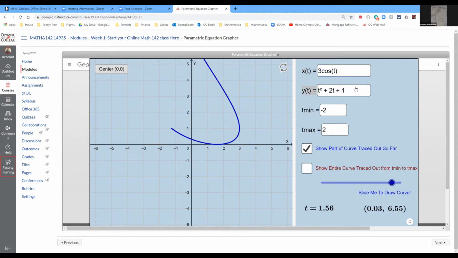And the other one I'm going to type in is going to be 2 sine t. Since it's a trig function, or at least this particular trig function, I'm going to go from 0 to 2 pi. Notice that you have to write pi as pi instead of the symbol. So hopefully when I kick out of this,